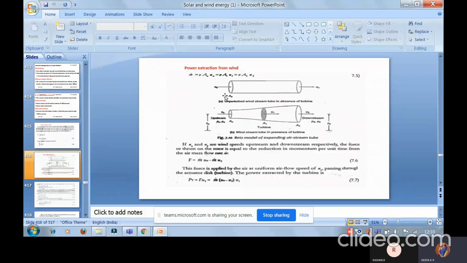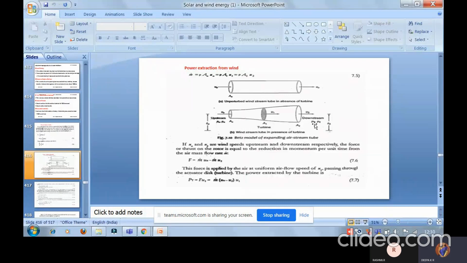So what is the actual flow of air within the stream tube? Tube shapes can be different, right? The stream tube can be changed. Normally this process is carried out because there are two changes: one is upstream, another one is the downstream. So pressure can differ, the mechanical movement of the rotor will differ, and the output will differ. That's why it is necessary for us to simplify the system.